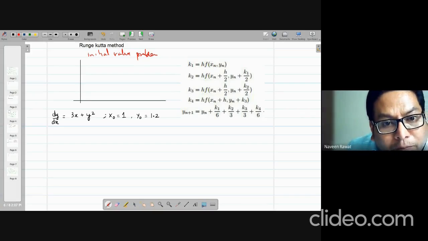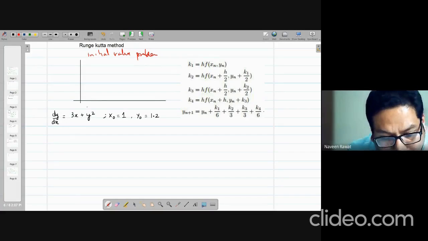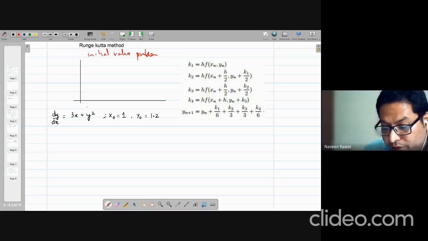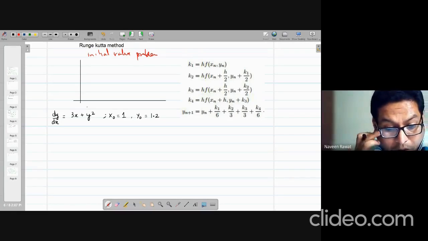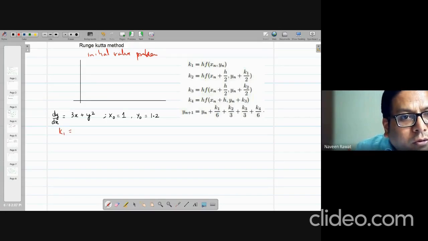So typically you would do this by hand. If I want to do this by hand, then what I would have to do is, let me see, I already solved it, so I can do it a little bit quicker. So that is my function, these are my values. So if I want to calculate k1, for example, I don't like red. Hold on.